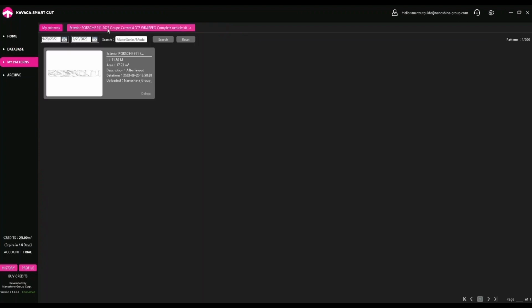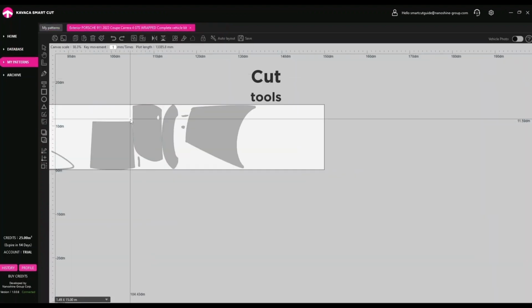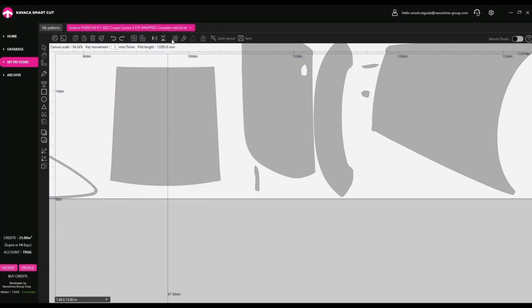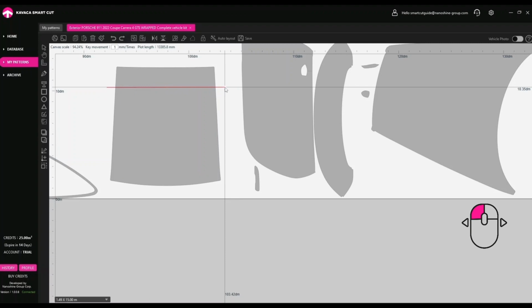The following tools are Cut and Close Pattern and Cut and Unclose Pattern. These two tools work like a knife that cuts the film. The Cut and Close Pattern tool allows you to separate patterns and close them along the cut line, making them full-fledged figures separate from each other. Select the tool, hold the left mouse button, and draw a line through the pattern where you want to cut it.